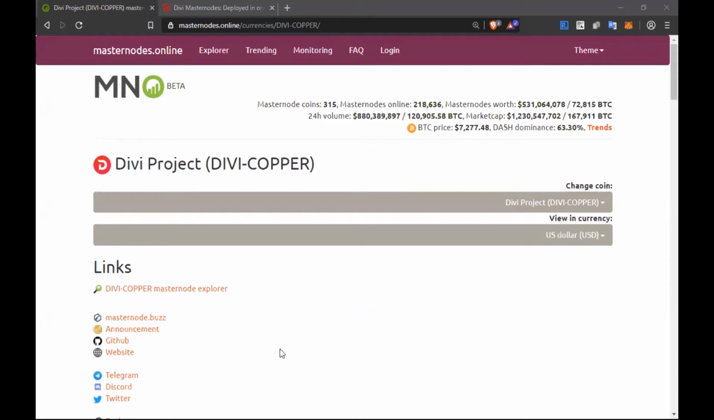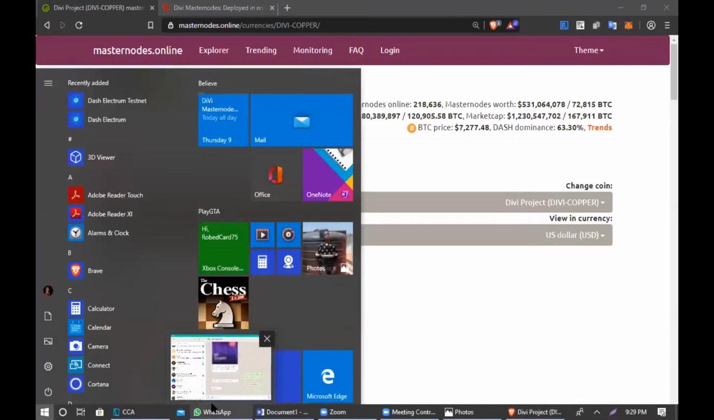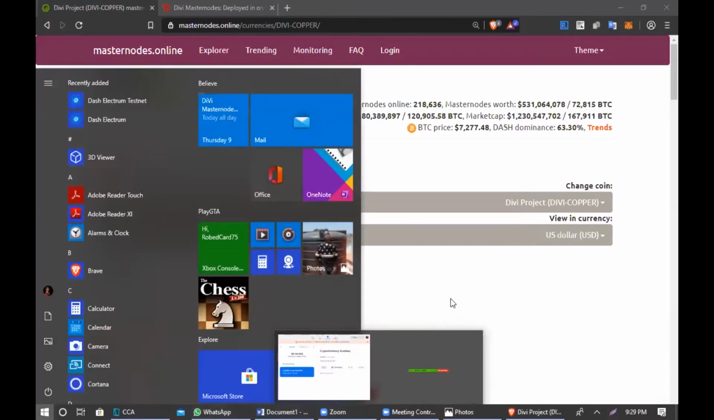All right, so we all know the advantages of having a master node. Passive income. When you set up a master node, you don't need to do anything other than the initial setting up. You just set it up and then you go, and it generates cryptocurrency, and it's a fantastic way of generating passive income. But some of the disadvantages of running a master node are